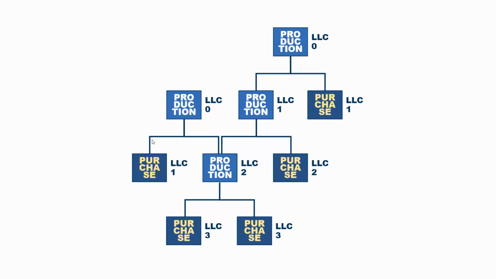An LLC code, or low-level code, is a code that is automatically calculated in Business Central and in most ERP systems, and is used for being able to do planning. So if this is my hierarchy of items, some purchase items are bought and they go into manufactured items, semi-finished items, or finished goods. And some finished goods might be on higher levels than others,